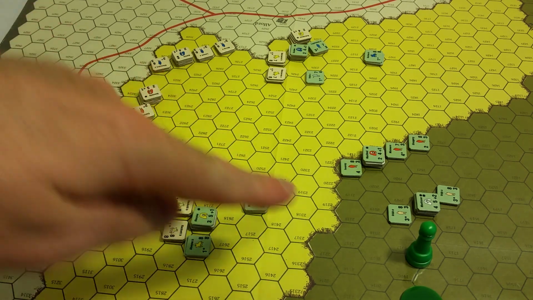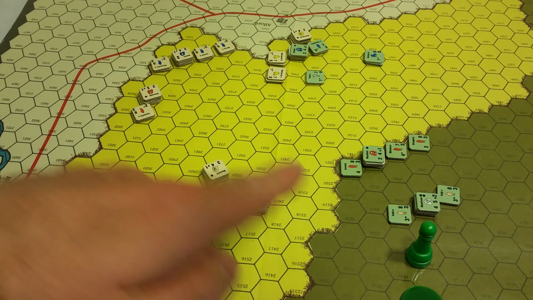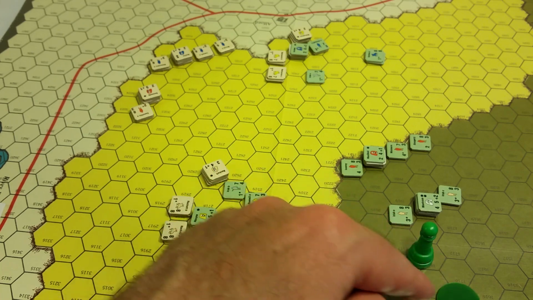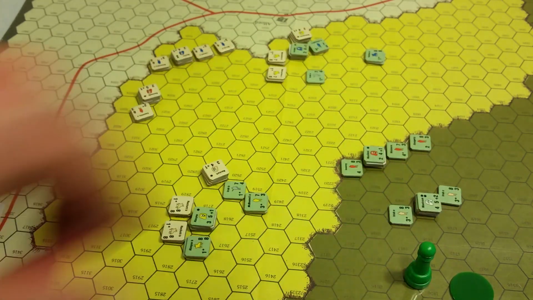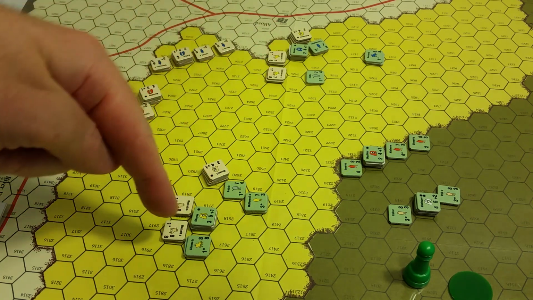I will say one thing though. The Royalist player, I still can't say Royal, is the first player per this scenario. My little reminder there. And it is their... no, actually I have to do the orders phase first. Alright. So I'll do the turn. But what I was going to say is at this point...